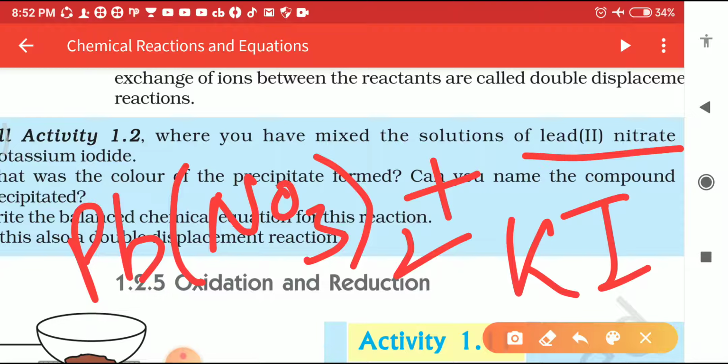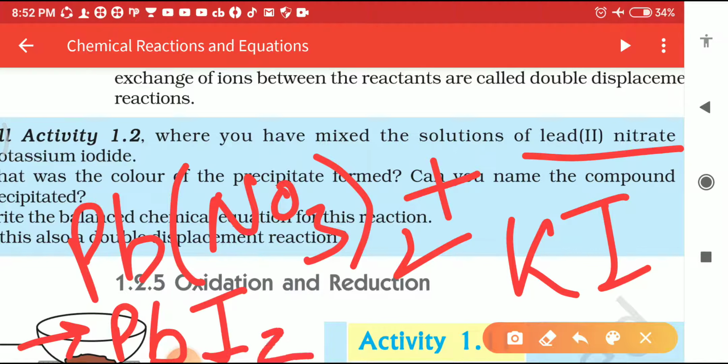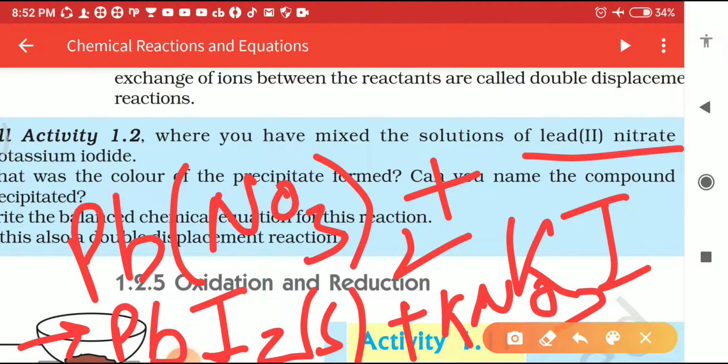Then what happened here? When the lead nitrate Pb(NO3)2 is combined with potassium iodide, it will give rise to lead iodide, that is PbI2, which is in solid form, plus potassium nitrate, KNO3. KNO3 is in solution, and PbI2